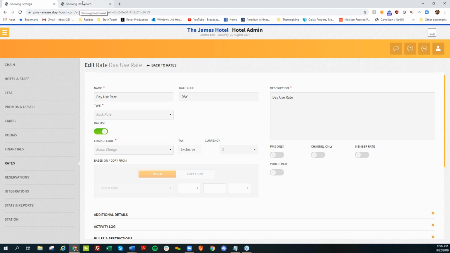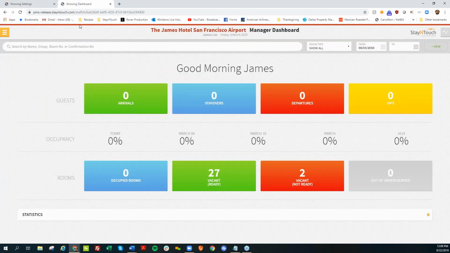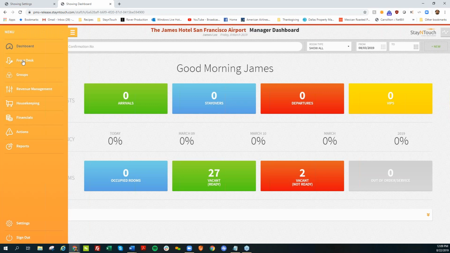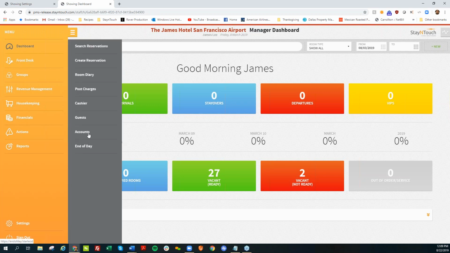All right, now I'm going to move over to the James Hotel San Francisco Airport where we have our hourly module set up. This is where you can actually book rooms by the hour for a specific rate. All reservations for hourly rate modules have to be done from the room diary. So if I go to front desk and go to room diary,